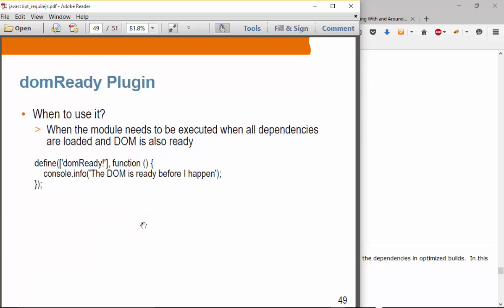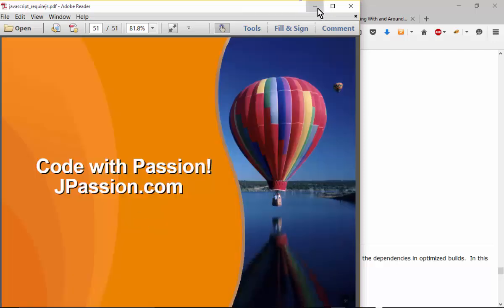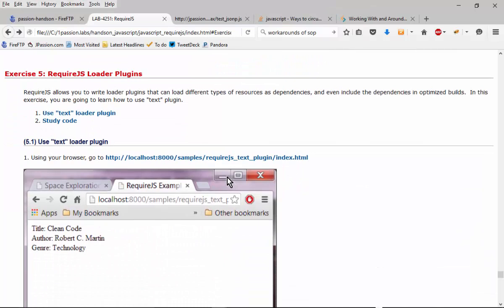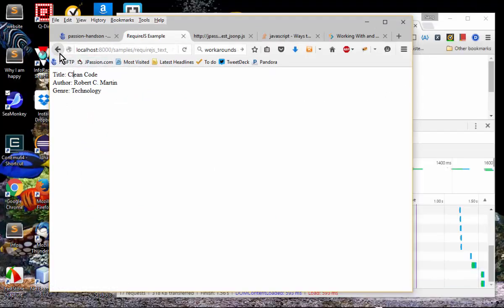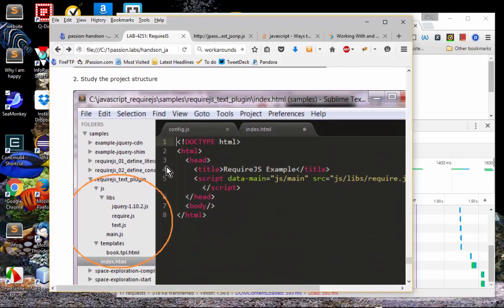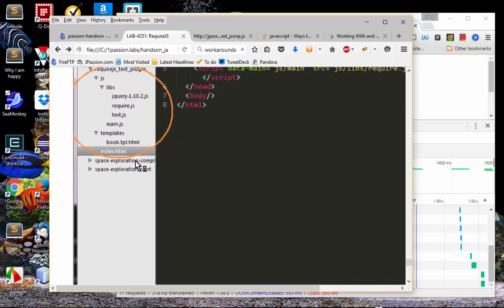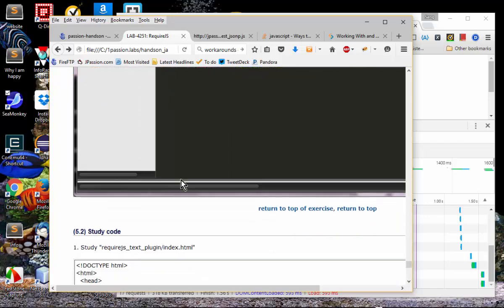Let me move on, and we'll do exercise 5. In this case, we are going to run this, and you are going to see these 3 texts being displayed, and that is expected. If you take a look at the code, we have these libraries and a template. We have a template HTML file, and if you take a look at the template.html file,